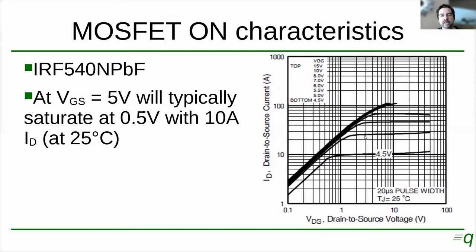So the minimum gate voltage that we need to switch this 10 amp load is going to be 5 volts, okay? So even if the threshold voltage for this transistor was 4 volts, as you saw on the previous slide, we need at least 5 volts to have it where we want it. I would not recommend this transistor if you want to switch 10 amps and you only have like 5 volts available to switch it on. So you would have to insert some kind of circuit that can provide a higher voltage to the gate, or use a different transistor. Okay,